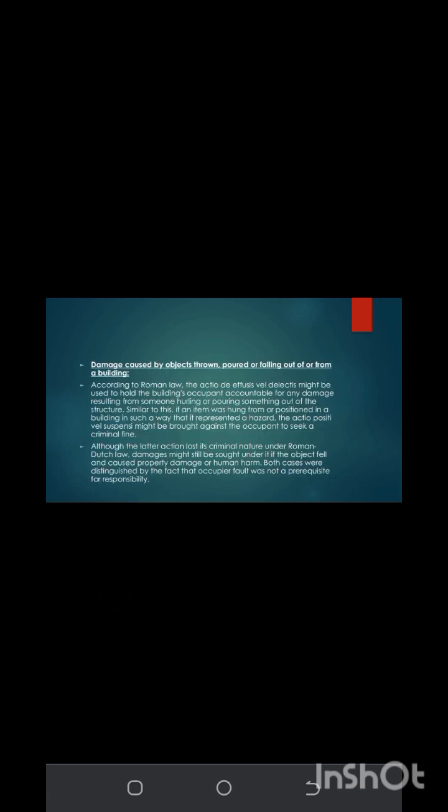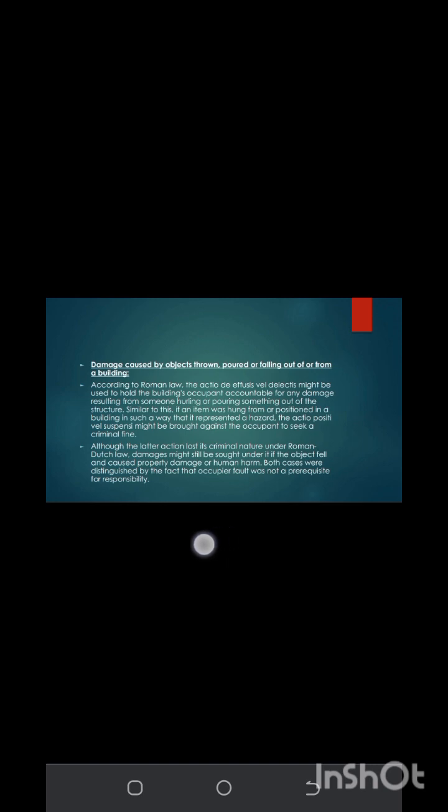Then damage is caused by objects thrown, poured, or falling out of or from a building. According to Roman law, the actio de effusis vel deiectis might be used to hold the building's occupant accountable for any damage resulting from someone throwing or pouring something out of the structure. Similar to this is where an item was hung from or positioned in a building in such a way that it represented a hazard. The actio de positis vel suspensis might be brought against the occupant to seek a criminal fine. Although the latter action lost its criminal nature under Roman Dutch law, damages might still be sought under it if the object fell and caused property damage or human harm. Both cases were distinguished by the fact that occupier fault was not a